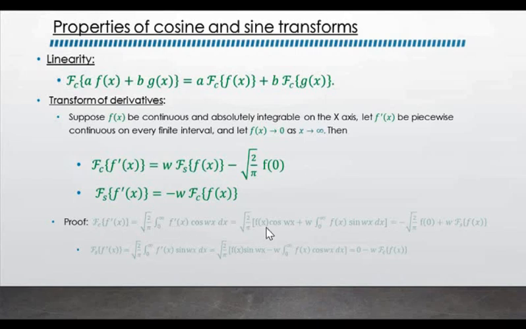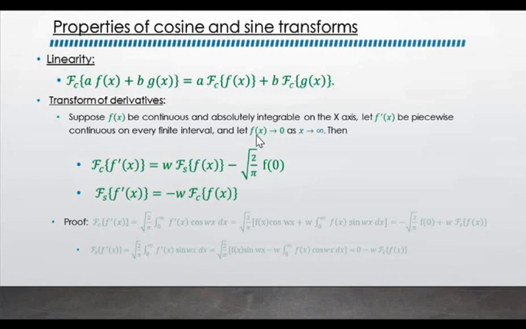So the integral is f of x, minus the integral of the derivative of the first function. The derivative of cos omega x is minus sine omega x into omega. So minus of minus will be a plus here. So plus omega into integral 0 to infinity f of x into sine omega x dx. Of course, you can take this root of 2 by pi along with the second integral expression, and you evaluate the first expression from 0 to infinity.